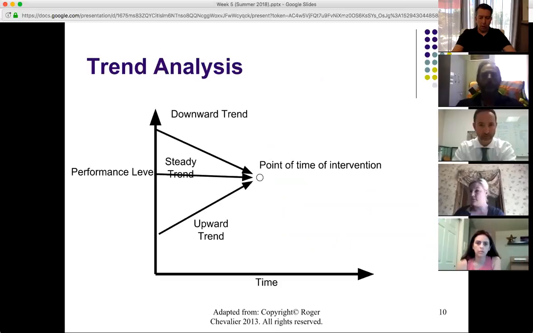Now, another thing Roger brings up in his material is the need for a trend analysis. Not everybody that uses gap and cause analysis, whether they call it a performance analysis or a needs assessment, does a trend analysis, but it's very important because, as we know from looking at the Head First Data Analysis book, you can't